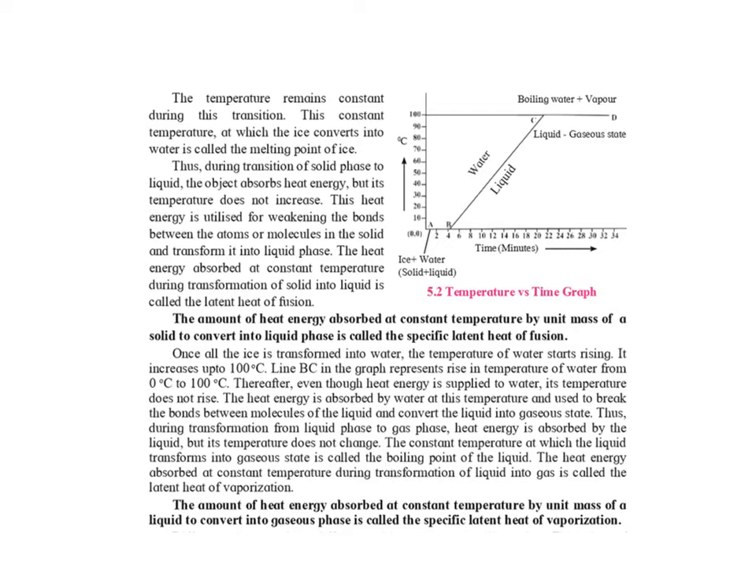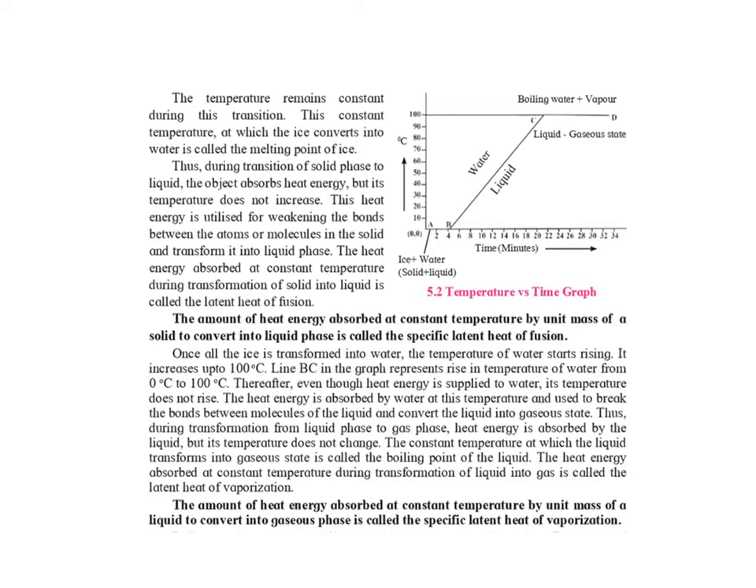This is a graph where the x-axis is showing the time in minutes and the y-axis is showing the temperature. And you can see there are certain lines A, B, C and D. Now let us understand this graph properly. You need to learn this graph and the explanation because you get a lot of interpretation questions based on this graph. Now in this graph, the line AB